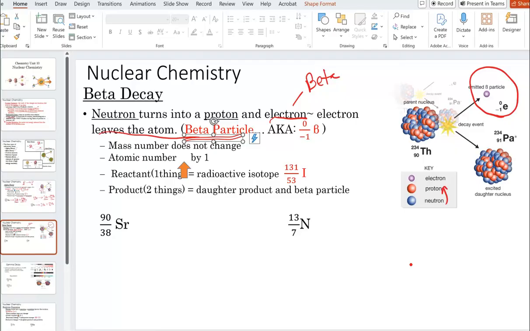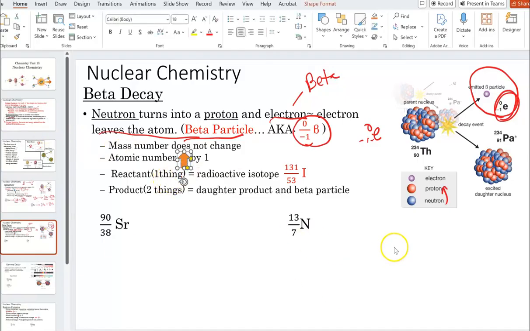Another way, and I have always done it this way, this represents a beta particle. I've always written it e, 0, minus 1. Or you can put the minus on the other side, minus 1. So you get to choose. I'm used to doing it this way, but Bright Thinker likes to represent the beta particle like this. So when it comes to doing equations,